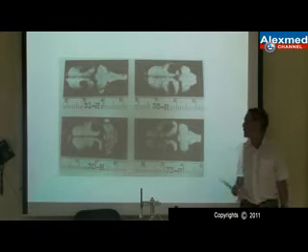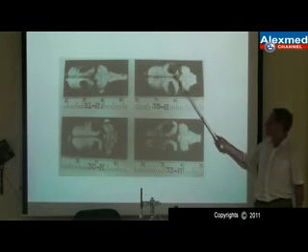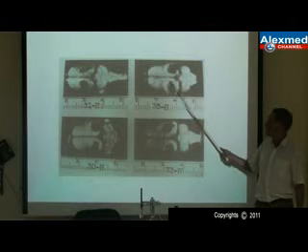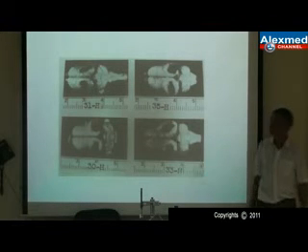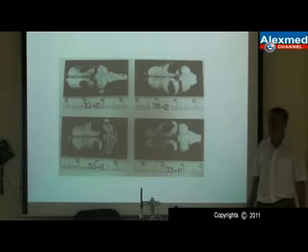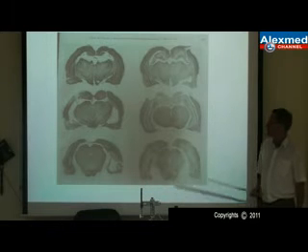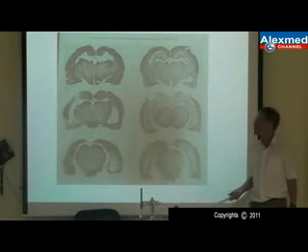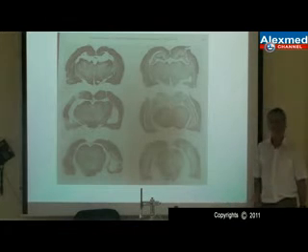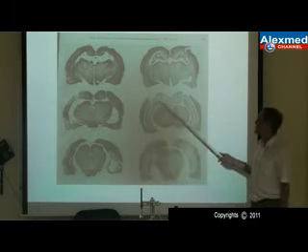This is an example of an early rat lesion. See these massive holes in the cortex, which have been made to aspirate the underlying hippocampus. Not a very good controlled scientific approach. This is slightly better work done by my colleague Professor Rawlins. It took him about 10 years to learn the technique, and you can see, although he's made a hole in the cortex,